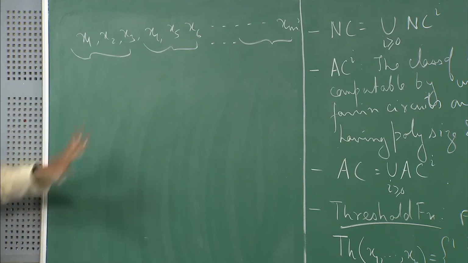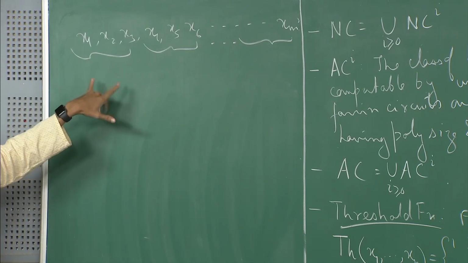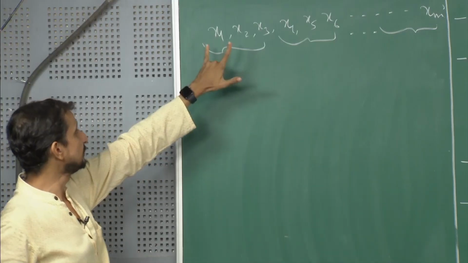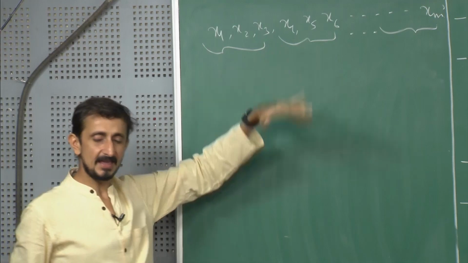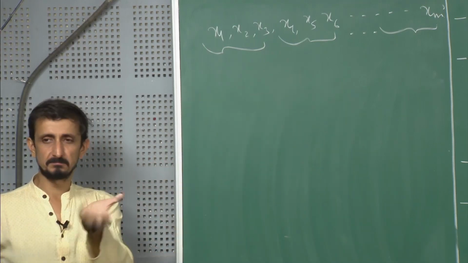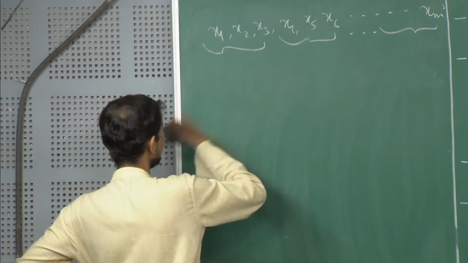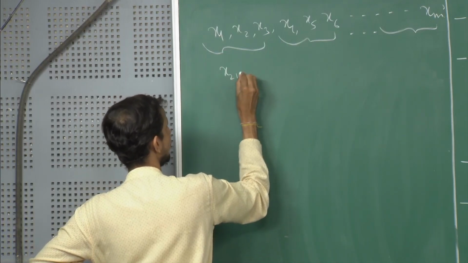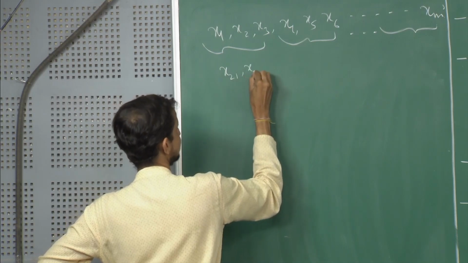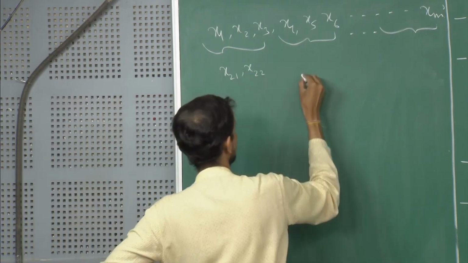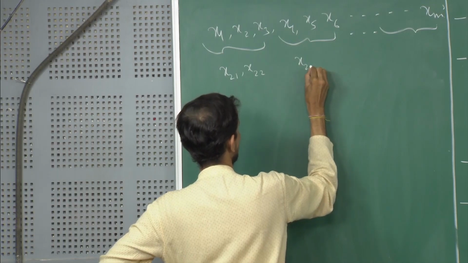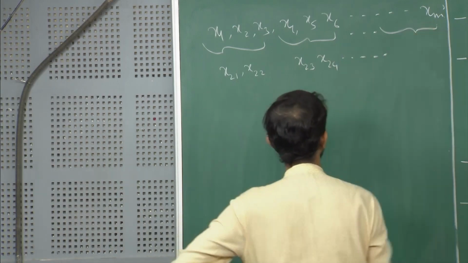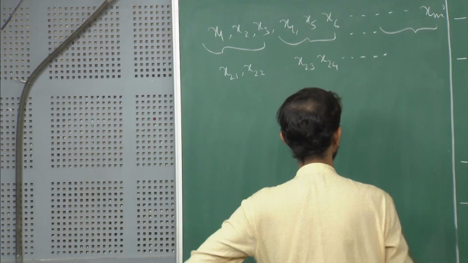Then we reduced the sum x1 plus x2 plus x3 to the sum of two other integers. Let us say in the second level we reduce this to something like x21 and x22. For this we got x23, x24,